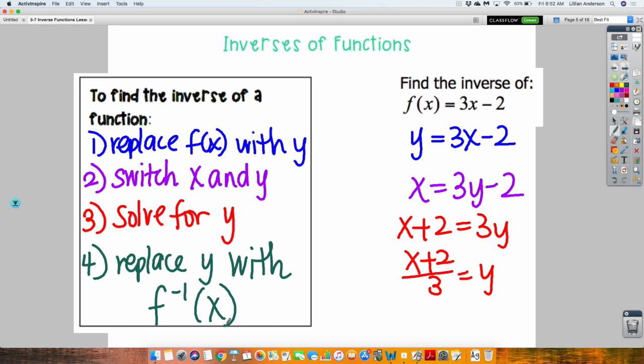All right? That notation right there represents inverse. And yes, you do need to make sure that you write it as such, because if you don't, y is associated with the original function. X plus 2 over 3 is not the original function, it's the inverse. So you need to indicate it as such with the x with the